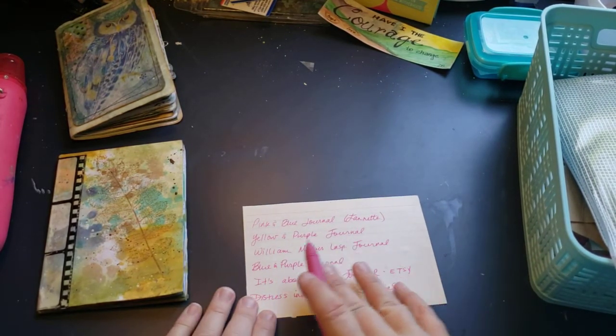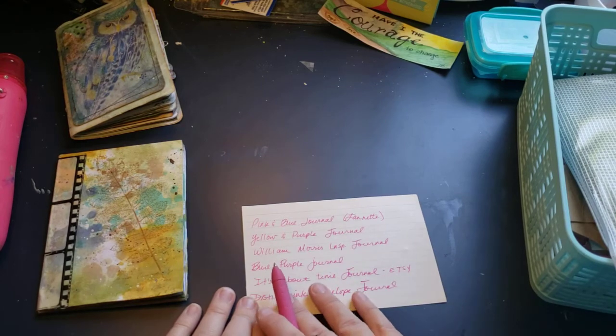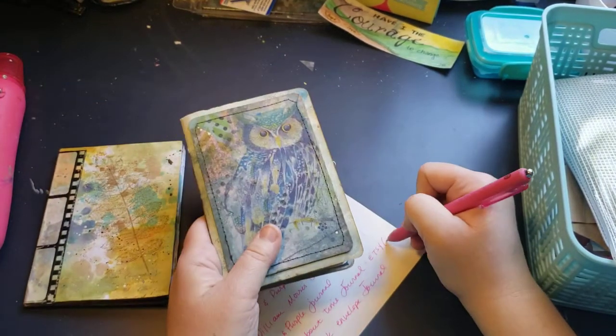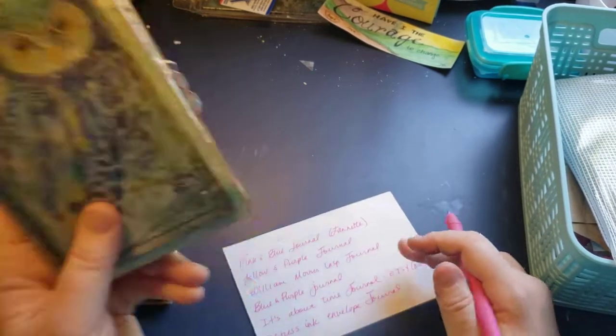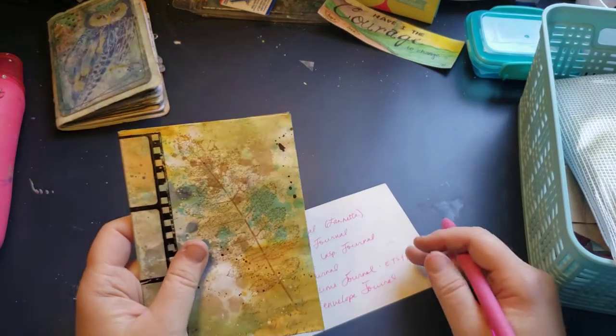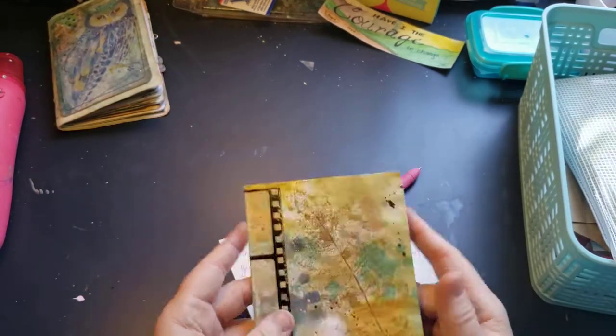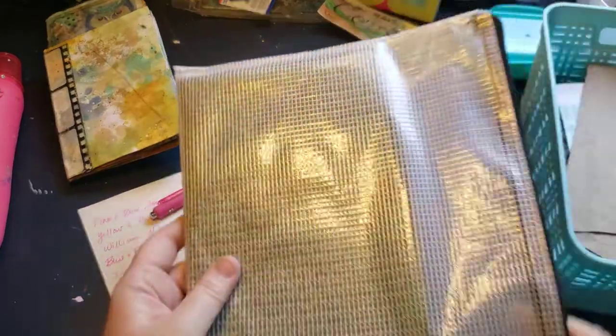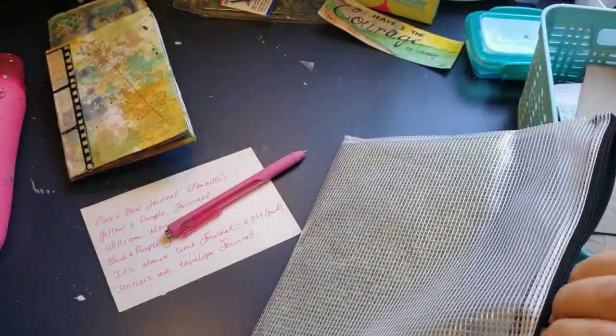And the yellow and purple journal, the William Morris inspired journal, the blue and purple journal. This is the It's About Time, the owl one, which I have a whole video series on. And this is the Distress Ink envelope journal. It just needs tags and whatnot put in it. And then I have this journal,